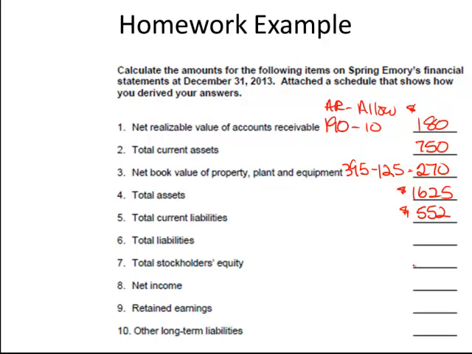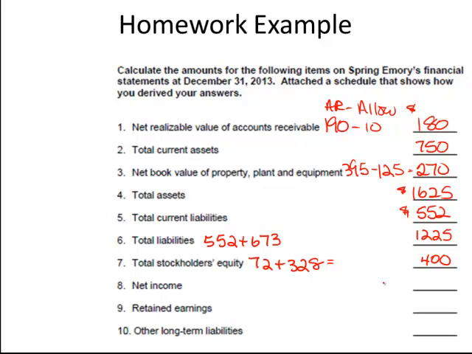Total liabilities we derived by taking the $1625 and subtracting total shareholders' equity, which is $400, which was the $72 of contributed capital plus the retained earnings of $328. So the difference between $1625 and $400 means total liabilities were $1225. And we know that the $1225 was made up of current liabilities of $552 plus long-term liabilities that we backed into of $673